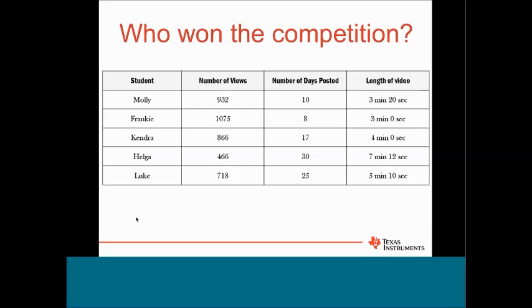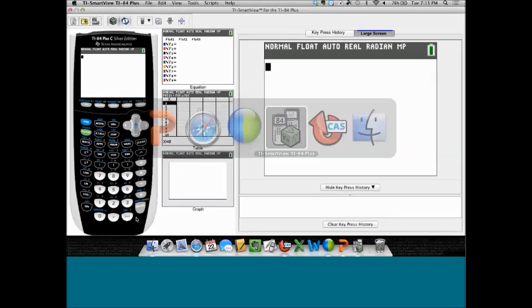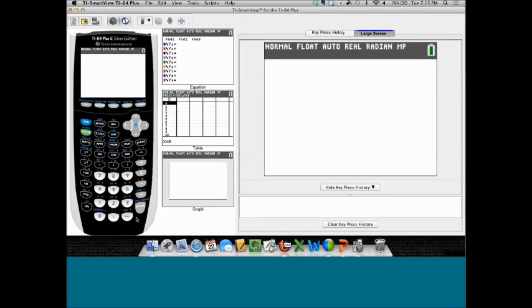So as you can probably imagine, most of the students, when they saw this information, thought about graphing it. Some of them graphed it using one-variable statistics, and some of them did scatter plots with two variables. So we're going to go to the TI-Nspire SmartView software right now, and in the list editor,